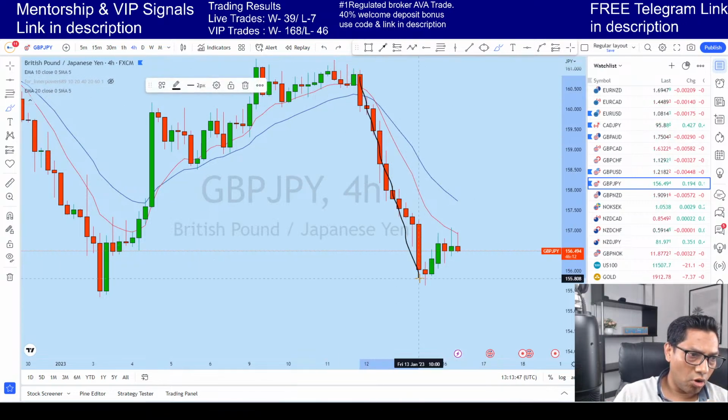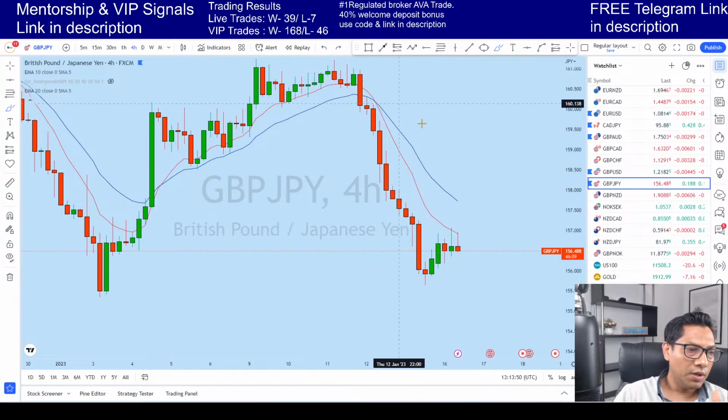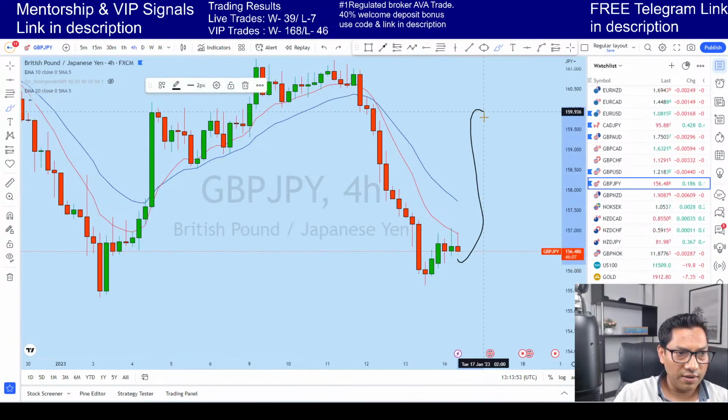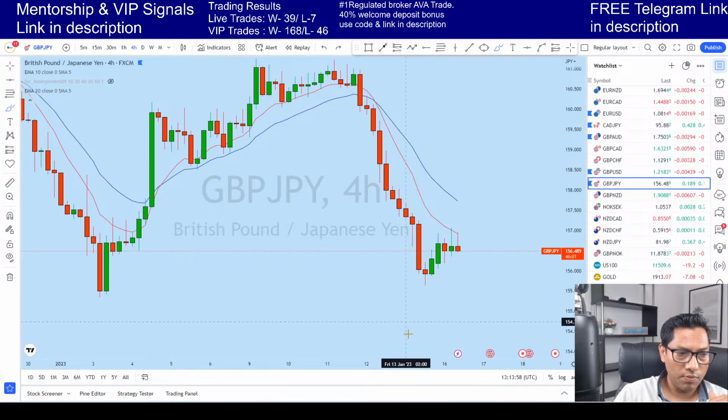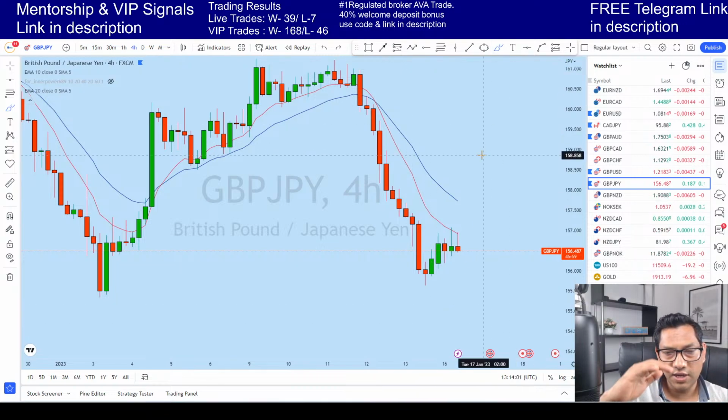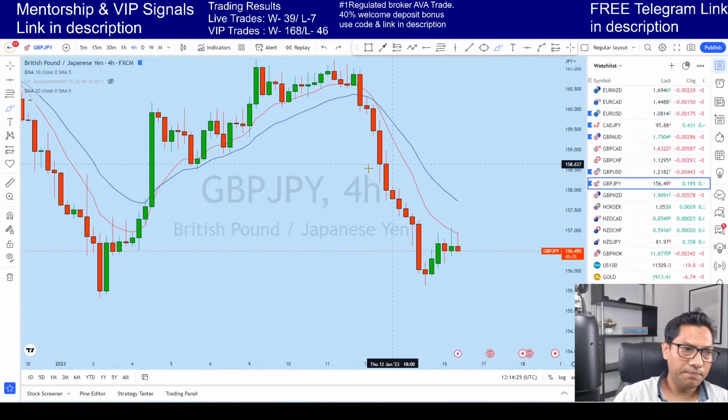After this kind of drop, we would love to buy. This is how the human mind thinks: it has dropped, now it should go up. We normally think up and down. This is how our mind works. But that is why a trader's mind is very different from a normal mind. It's a big mental game, guys, trust me. We think it is technical, but most of it is a mental game.